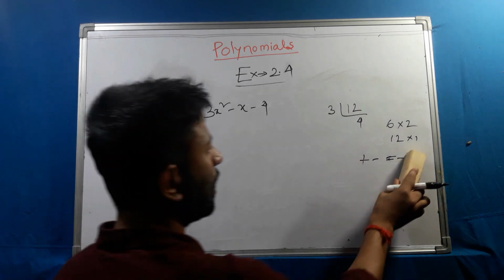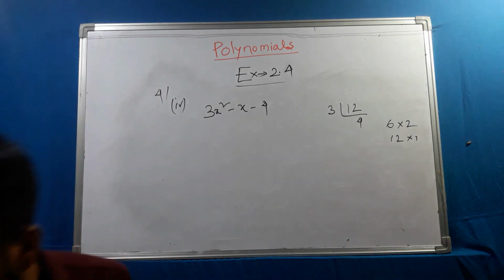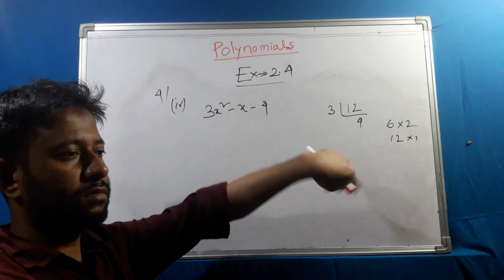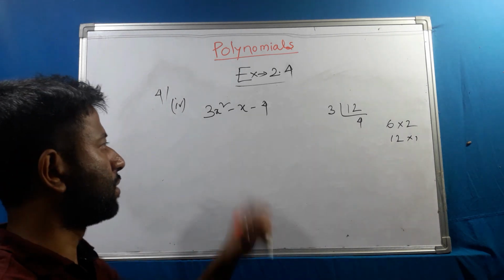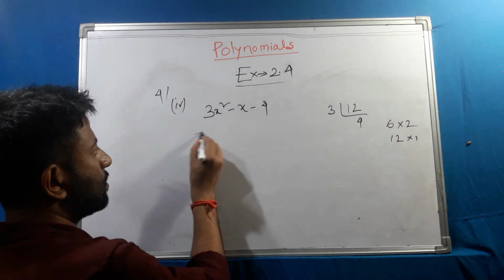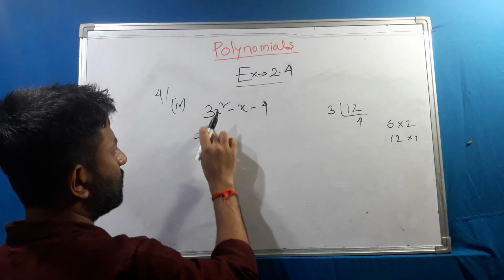The operation will be minus. So I have to arrange this one in such a way that this term will come exactly through the addition or subtraction of this amount. Since here it is given plus minus minus, I have to do subtraction. So I can write this term in the form of like that,